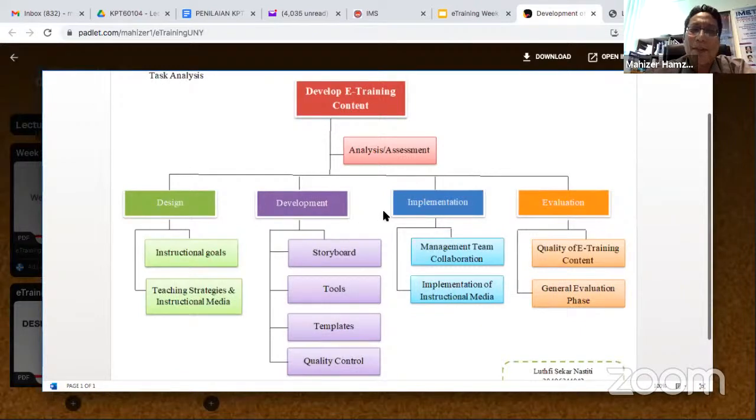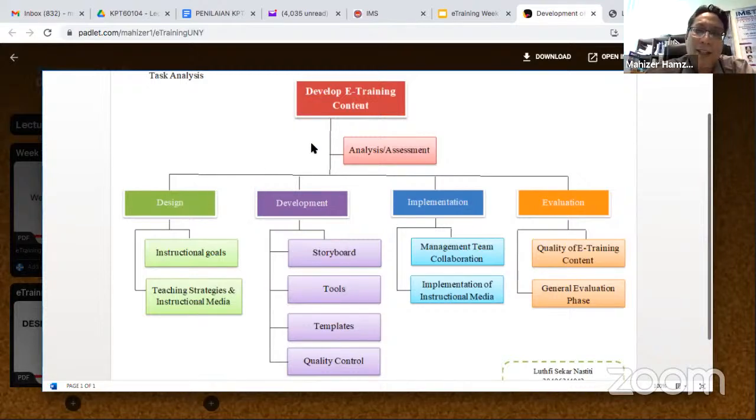Okay, so based on the task analysis that you have developed just now, you know what the content is. That's why last meeting I did mention that you have to develop the task analysis. Why task analysis? Because you want to know the content. Okay, the unit. For example, in one module you have specific units. Okay, you have small units in the module. So what are the topics of the unit? What are the titles of the unit? This is the type of the unit.